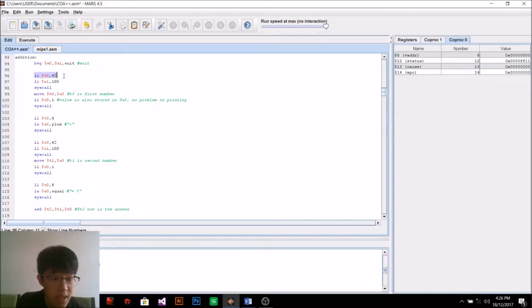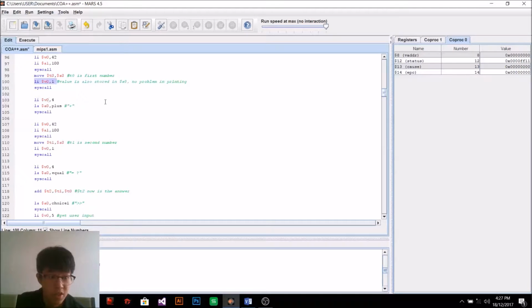This statement states that the first random number is generated and the upper limit is 100. So the first random generated number will be stored into T0, and then it will print the first random generated number, and then it will print the string, this plus sign,